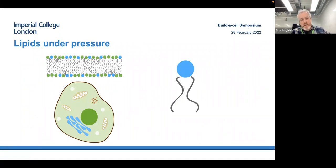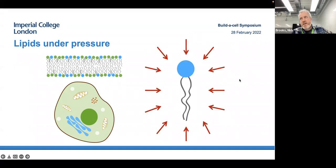But if you think about one of the critical building blocks of a membrane, the lipid phospholipids, what happens when you put them under pressure? And it's not completely straightforwardly obvious. If you've got a lipid like this and you put it under isotropic pressure, so you squash it equally from all sides, actually you don't get an isotropic response, and that's because it's an anisotropic molecule,